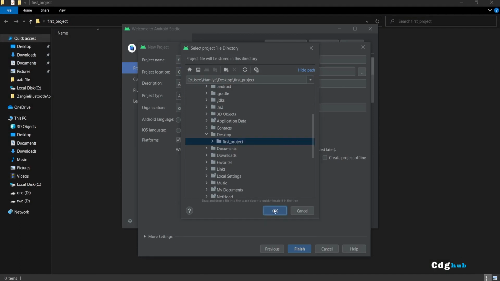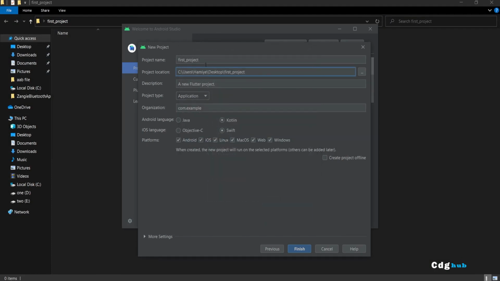The description can stay the same, or you can give a description yourself. Select Application and give a domain name here. If you have a website name, you can give it here, but we mostly use com.example for testing